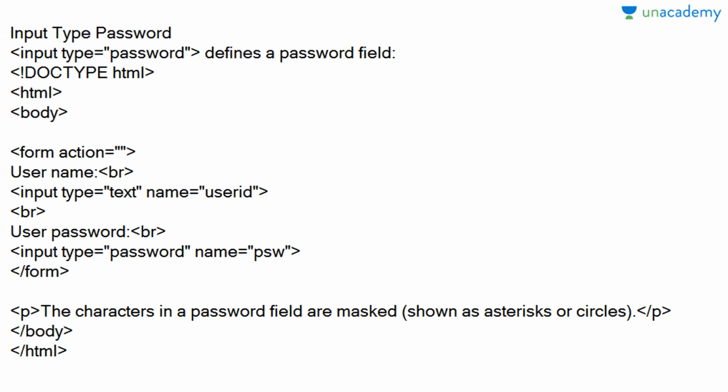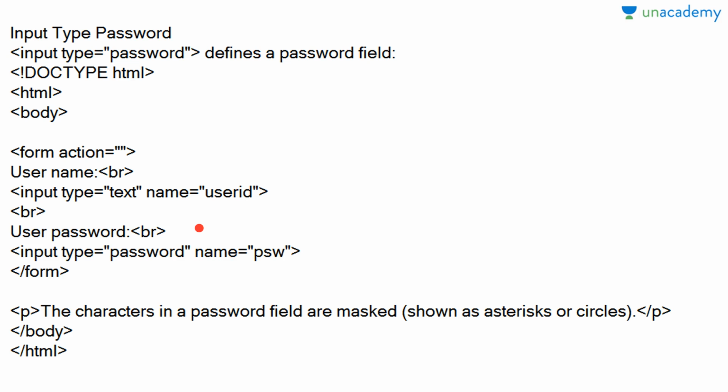Last time we studied input type is equal to text. Input type is equal to password is more secure for giving a password to someone or submitting a password through a form. So let's see how we use that, and it's given by doctype HTML. Then we write the HTML tag, then the body tag, then the form action equal to action_page.php, then we write username, then input type is equal to text, name is equal to userid, break, then we write user password, input type is equal to password, name is equal to psw,